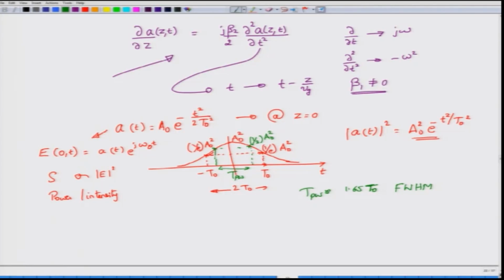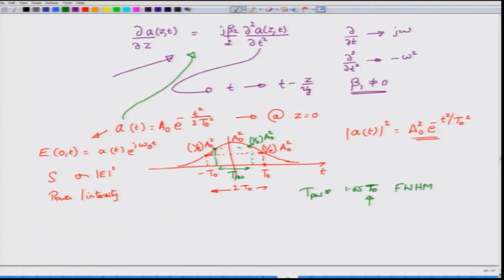Okay. So, the lesson for us to remember before understanding how to solve the pulse equation is that if T0 changes for any reason, in the sense that the overall pulse width changes, then you are actually changing the pulse width. It could be increasing or it could be decreasing. We will see that there are cases where the pulse width can reduce, but in most cases pulse width typically tends to increase. So, how do we know all this? We know all this by going and solving this particular equation.